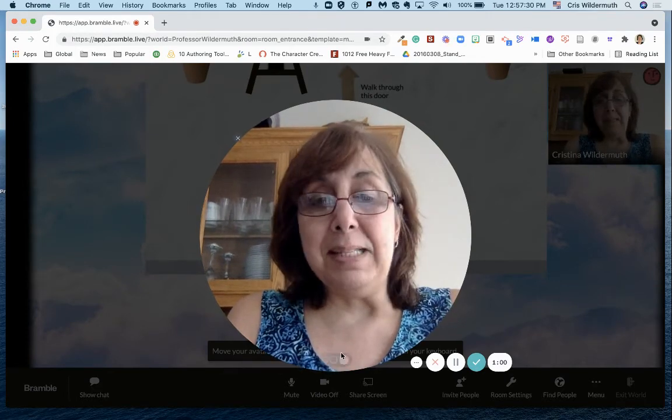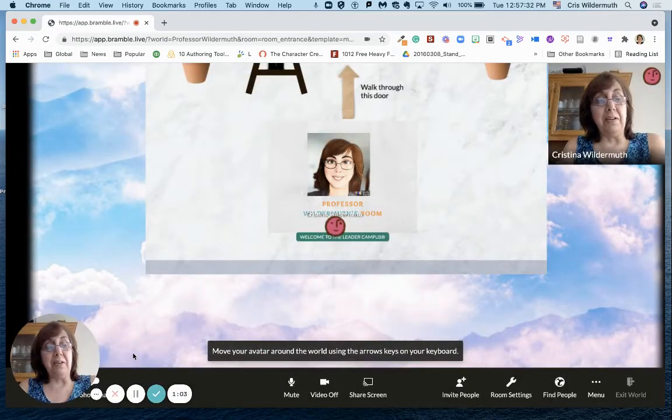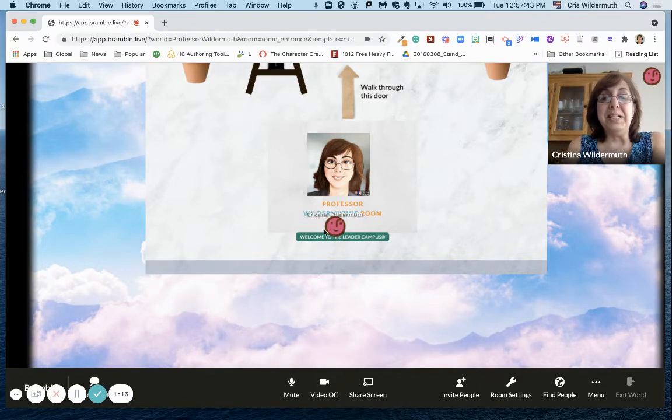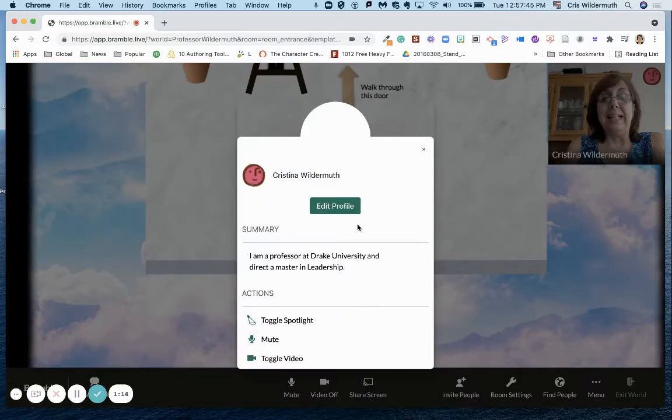Let me make myself smaller over here. In fact, I'm even going to get rid of my picture because my picture is already appearing on the side of Bramble. First thing when you get in Bramble is you're going to get into a place like this one,